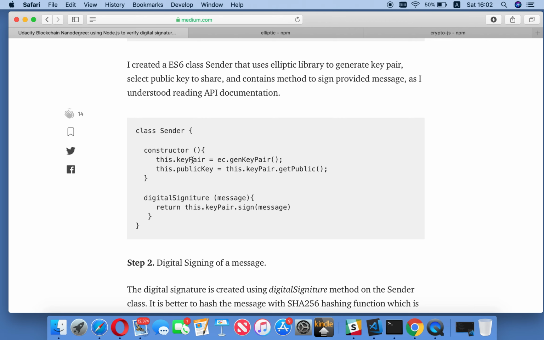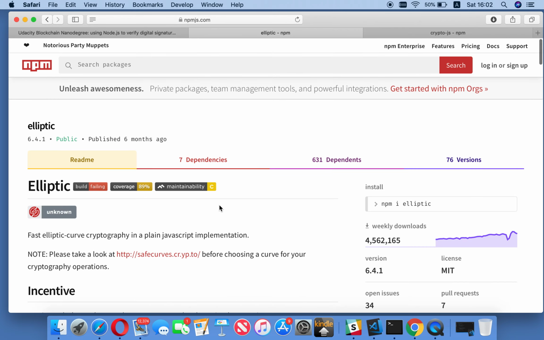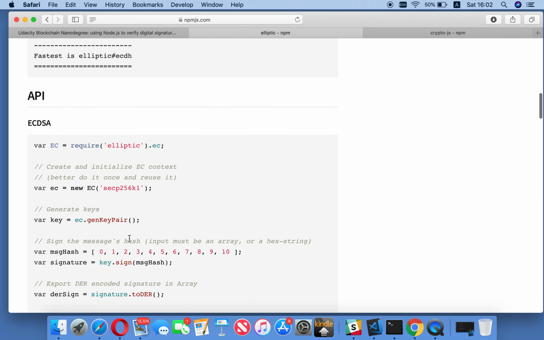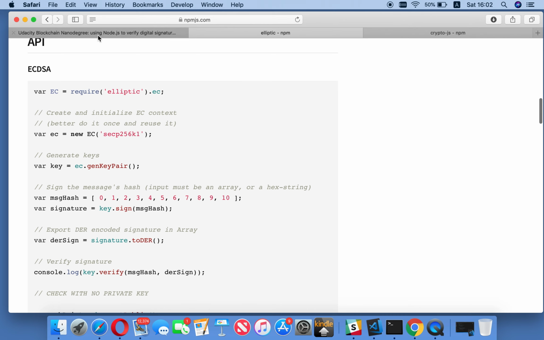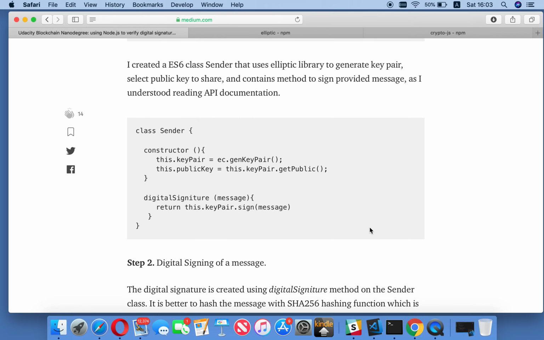As you can see in the constructor, we use the EC class from this library, and use the method generate key pair, and then we choose a public key. You have to read the API of the elliptic library here. If you go below and read, you understand how everything is created. So it's relatively straightforward. You create a key pair, you choose a public key, and you implement digital signature. So again,